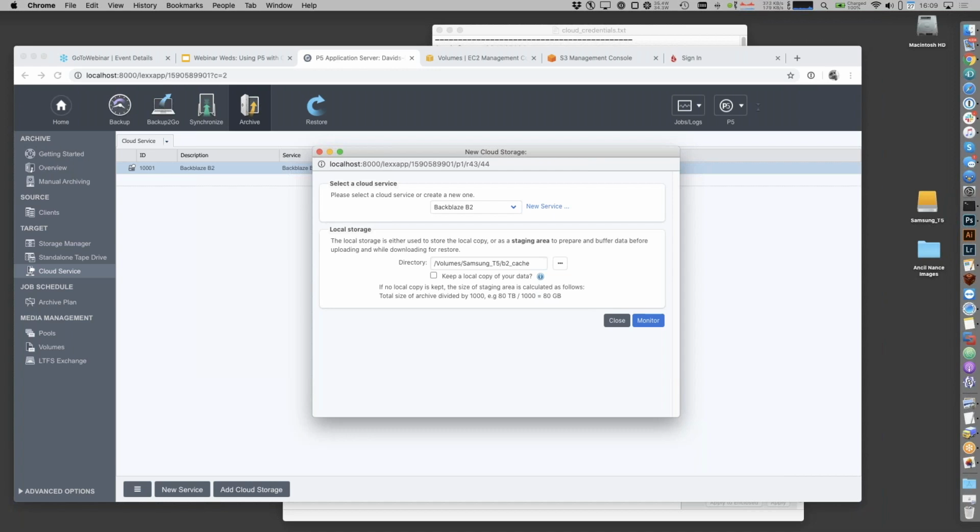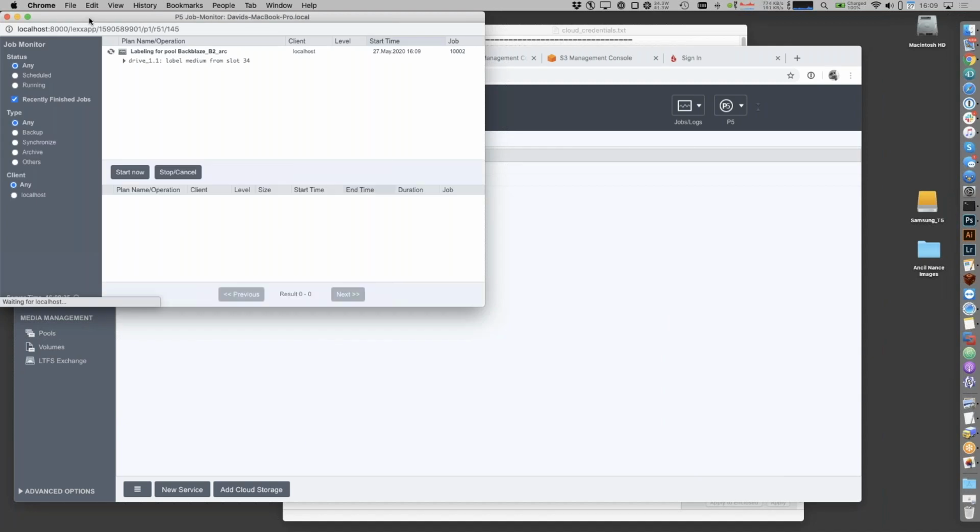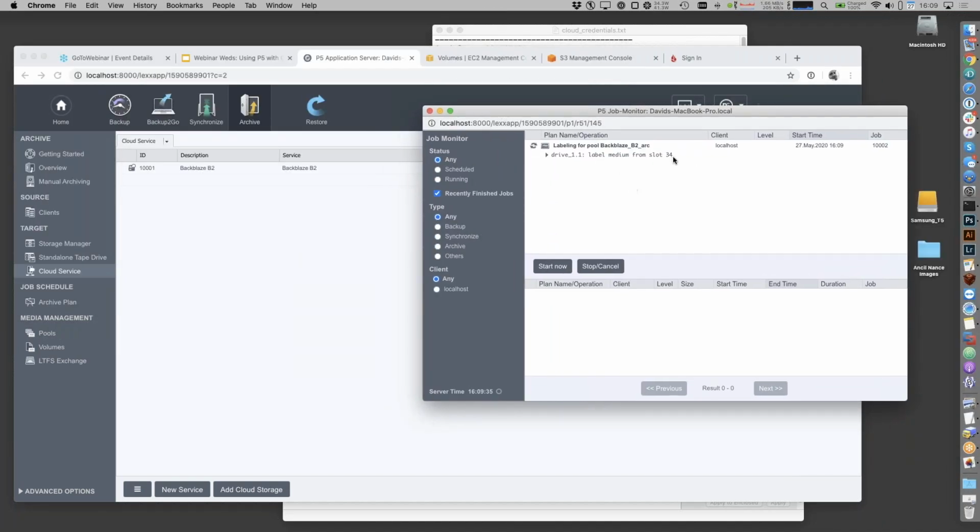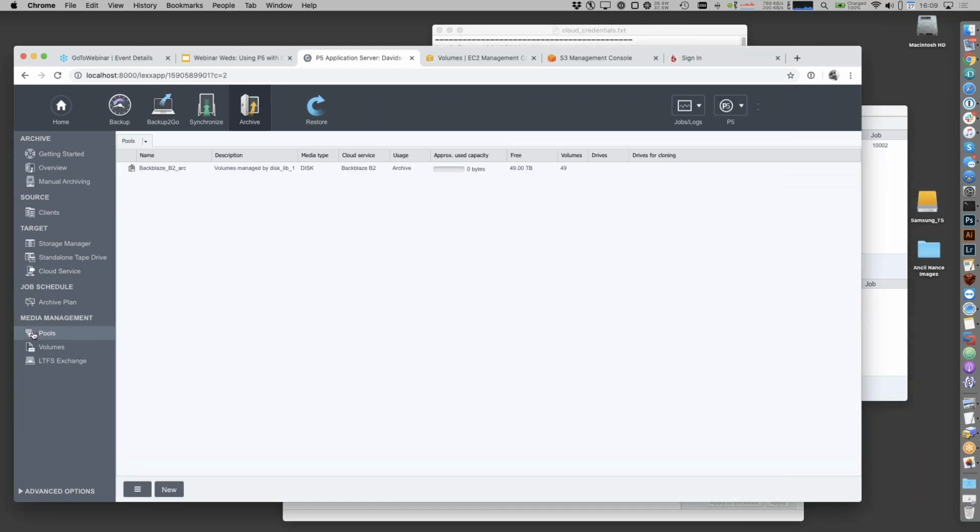If I need more, I can add more later, but initially there'll be 100 terabytes. And if I hit the monitor button, you'll see that there will be 100 volumes created by this setup wizard. So far, we've created about 40. And when that's finished, I'll be able to click into my pool, which currently has 49 terabytes of available space, and there are 49 volumes within